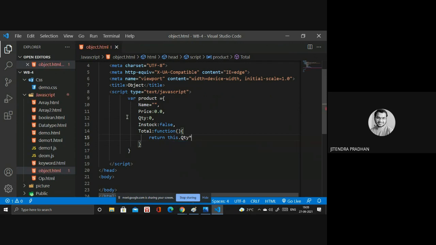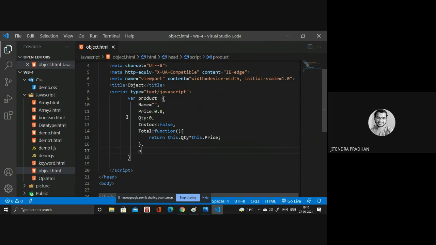I want quantity multiplied by price, so I need this dot price. You have to remember whether the first letter is capital or small, and write all these things accordingly. Next, comma.